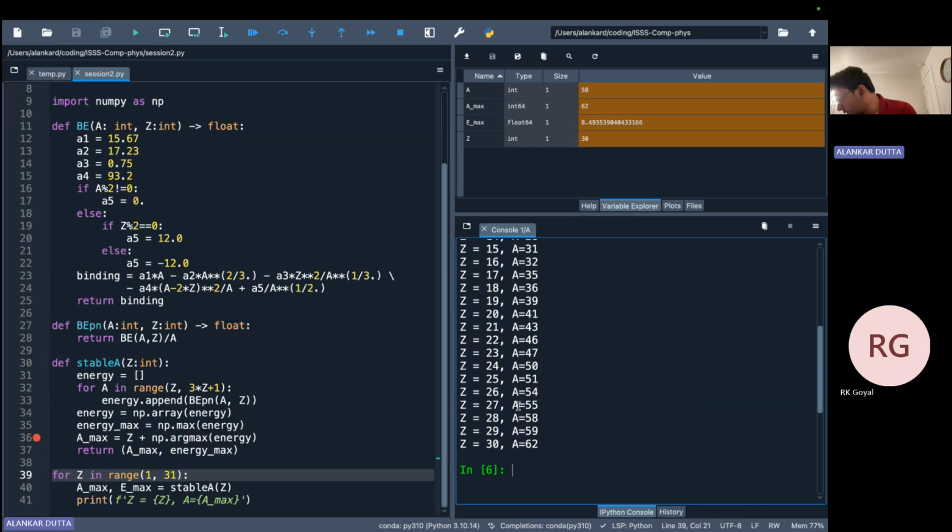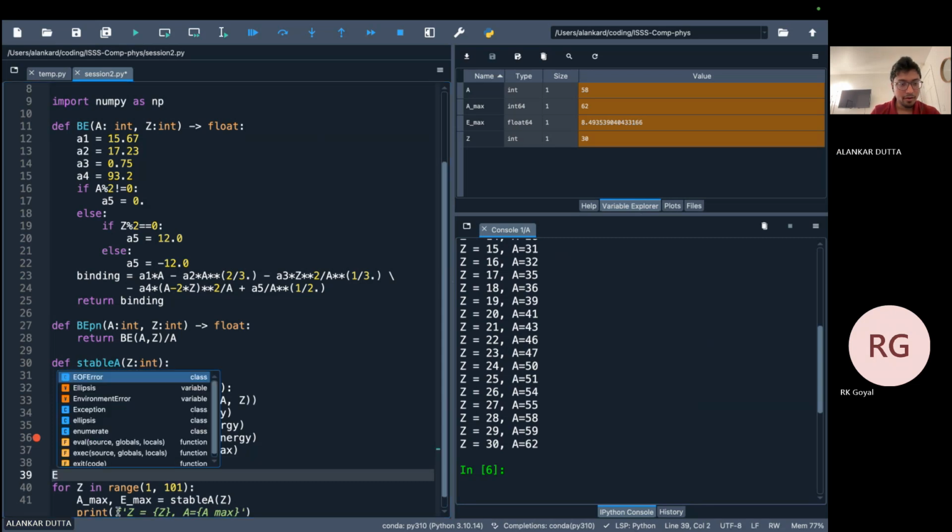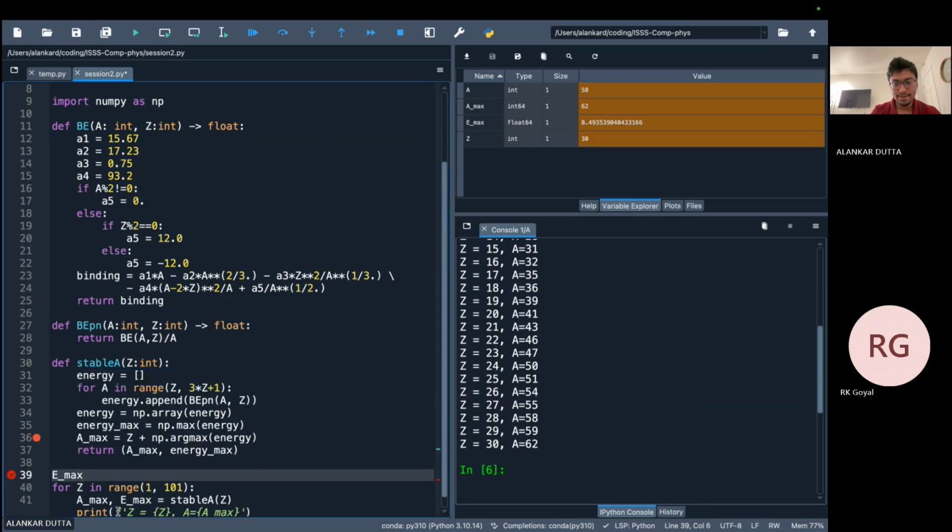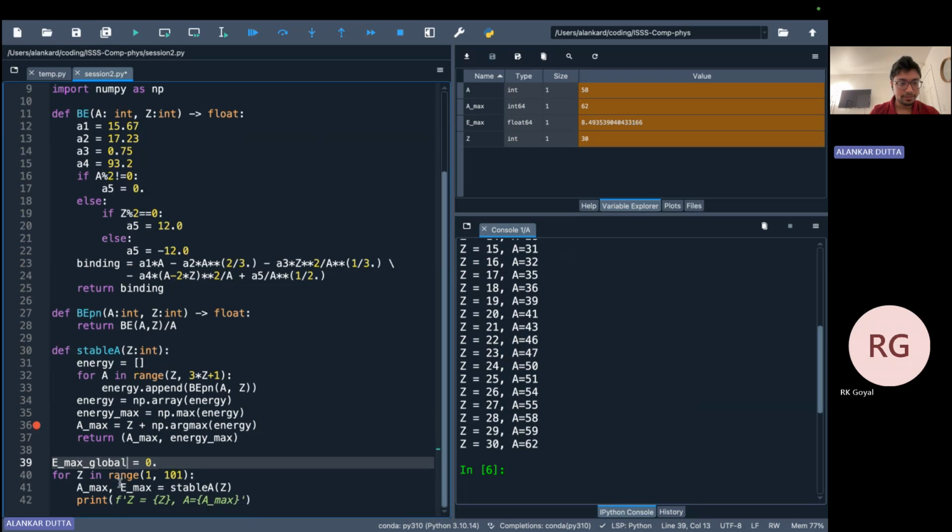Okay. So now let's look at the last part of the same thing. At what value of Z does the maximum binding energy per nucleon occur? So here I also have to keep track of Emax and find out what value of Z gives the maximum binding energy per nucleon. So let's start with the value of 0, Emax global. For all values of Z, I will be testing this, right? And now I will do something like